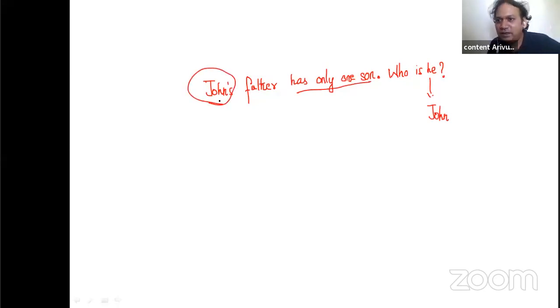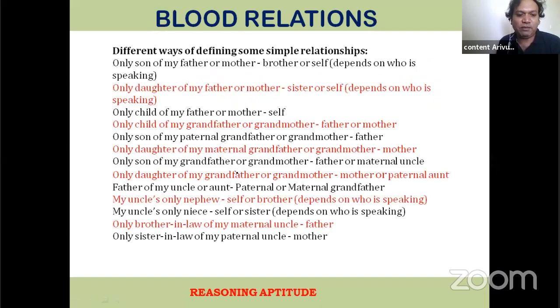Is it clear? Shrikanta, any doubt? John's father has only one son. Who is that one son? That one son is John himself. So this is a circular way of referencing, right? Circular way of referencing. For example, let's say